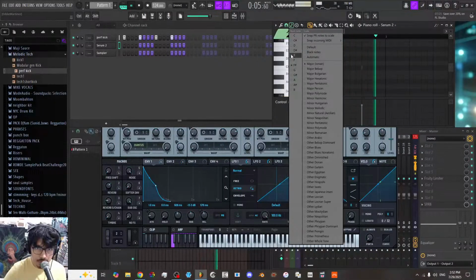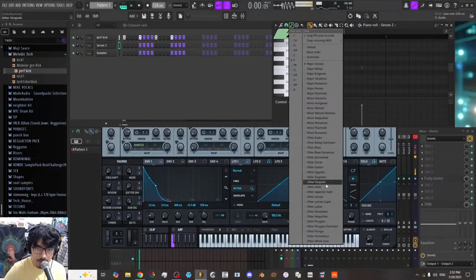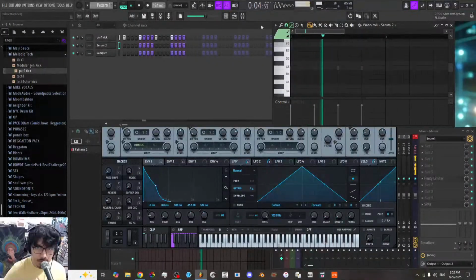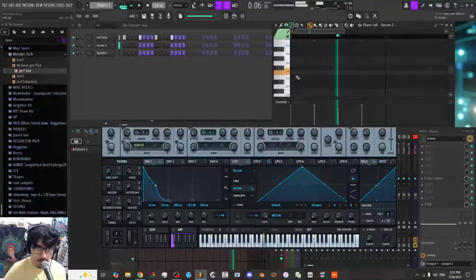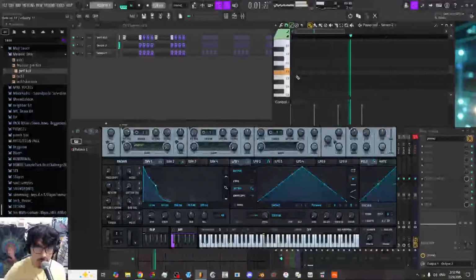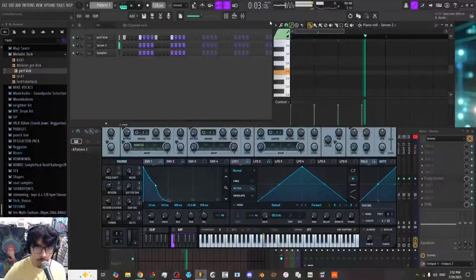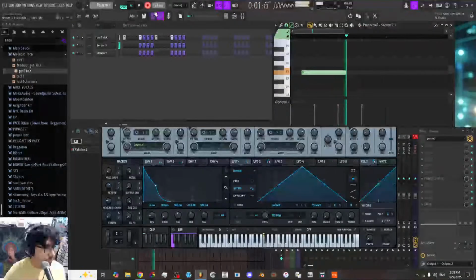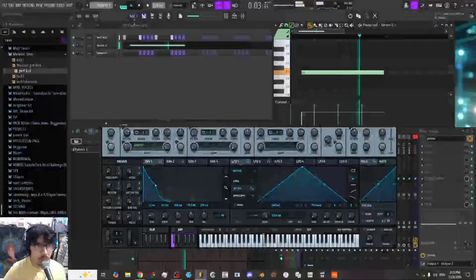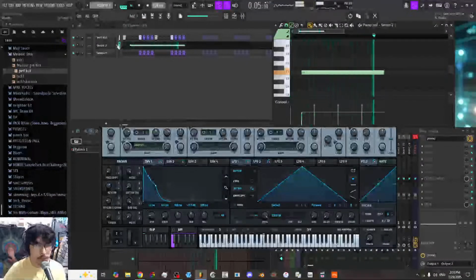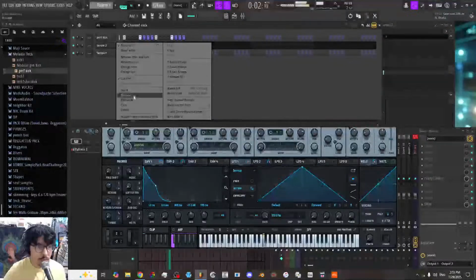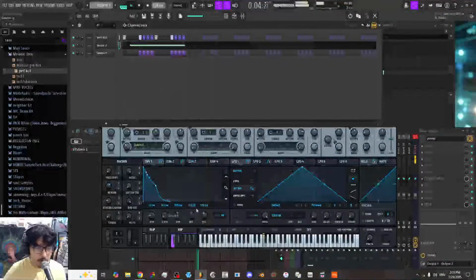I'm going to stick to F Hirojoshi scale, and I'm going to snap the MIDI. Okay, let's do another Serum.